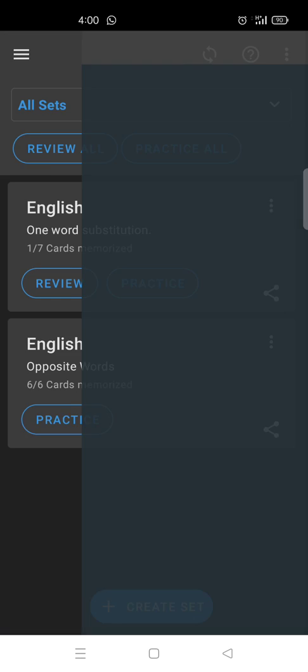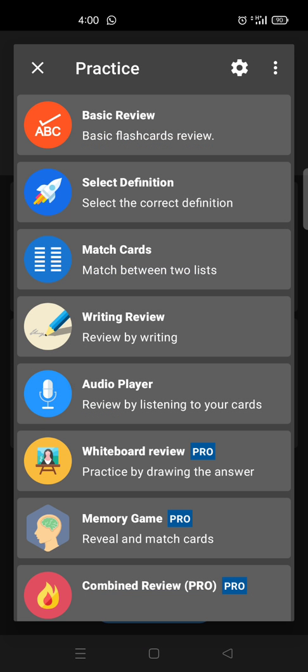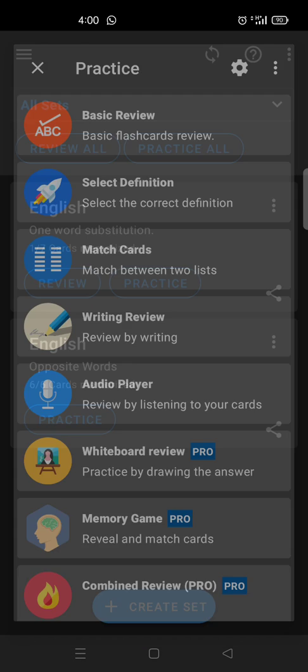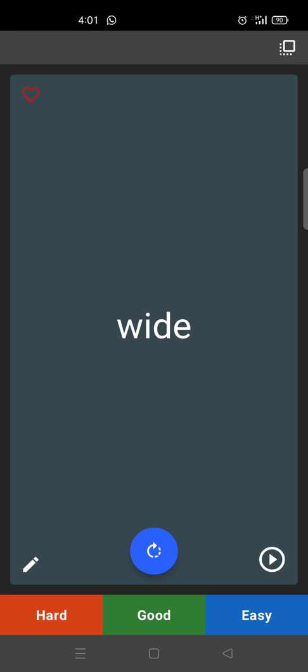Like this. In the basic review mode, they can use it to remind themselves which word they feel is hard, good, or easy.